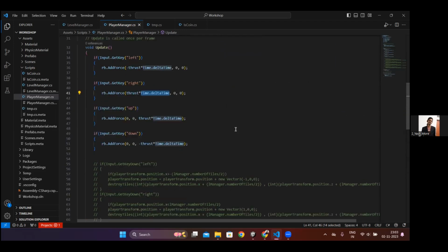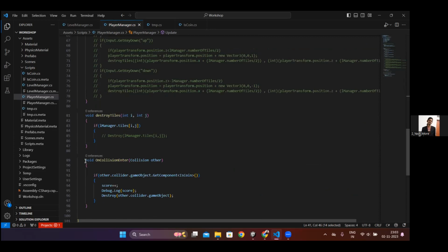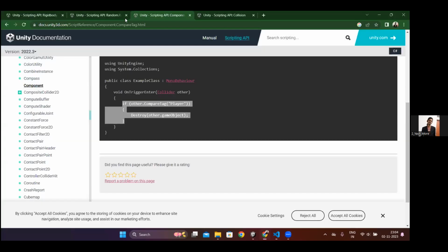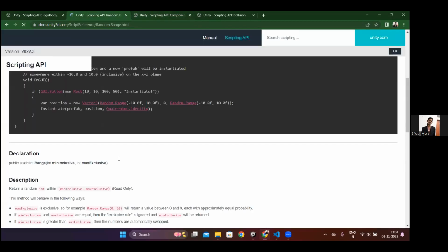So you can do things like that with OnCollisionEnter. And when I messed up in between, I showed you that there's this function called OnTriggerEnter. So when instead of OnCollisionEnter, if I do OnTriggerEnter,